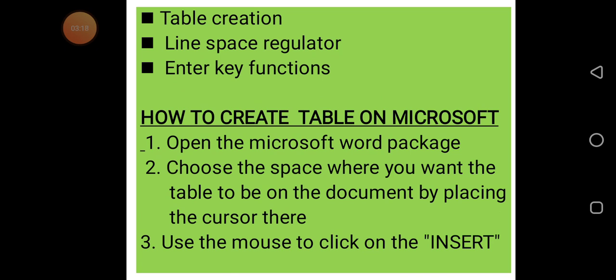Step 2, choose the space where you want the table to be on the document by placing the cursor there. So all this means that when you are on your page, okay, I want to create a table, you choose the space where you want the table to be on the document by simply placing the cursor on the surface of your sheet. Then 3, we say use the mouse to click on the insert